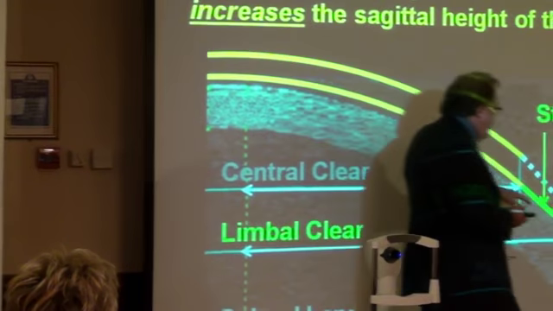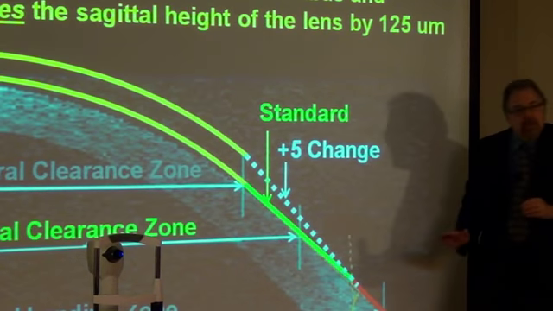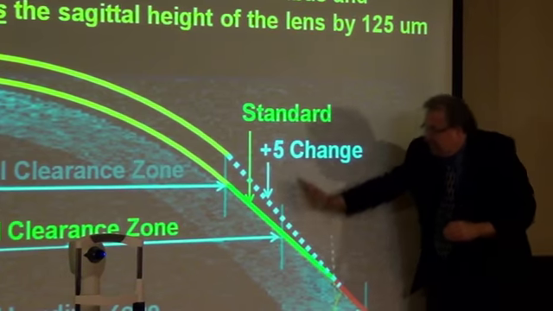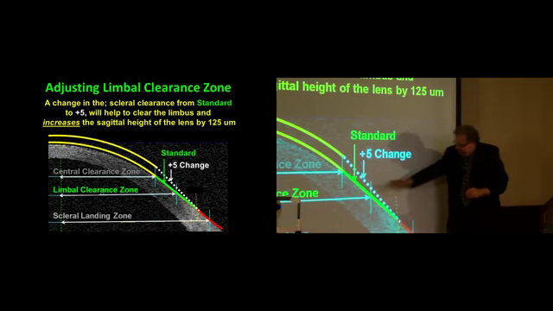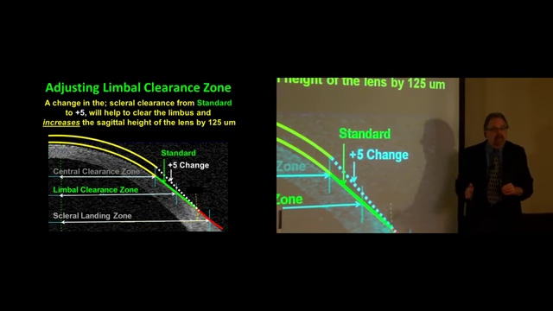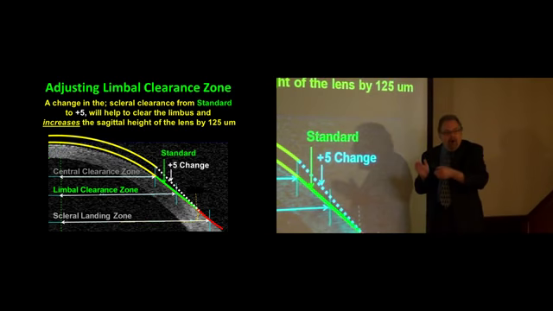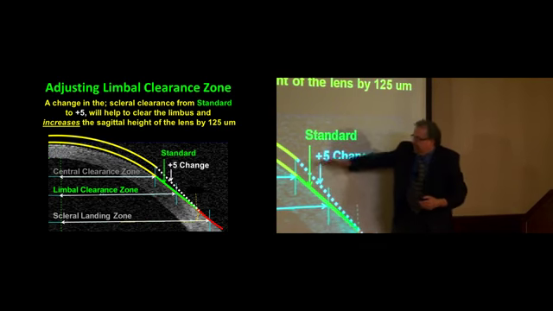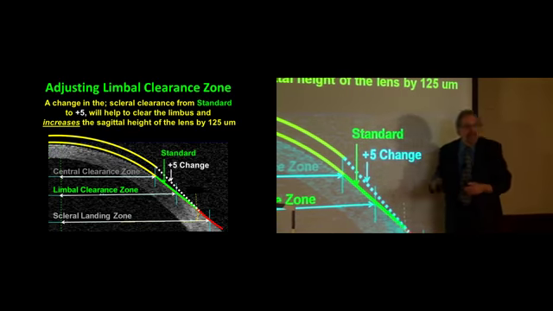That is, we're going to take the limbal clearance zone and increase it by 5 degrees. And that is going to lift the contact lens up off of the peripheral cornea, up off of the limbus, and it's going to increase the actual sagittal height of the contact lens by